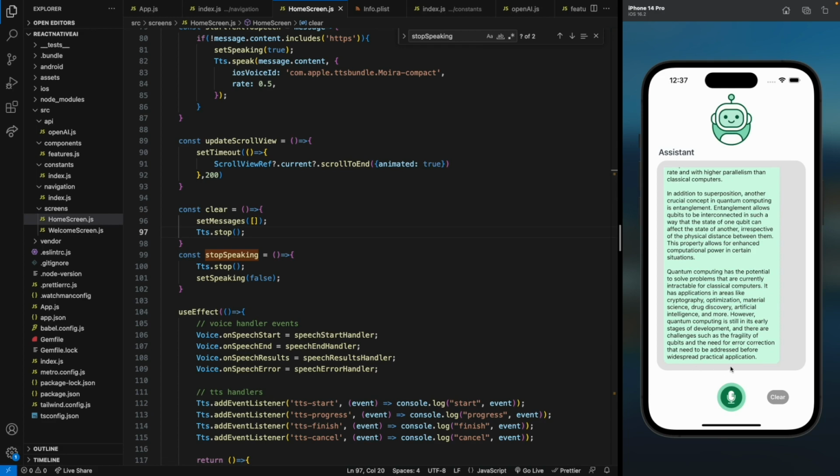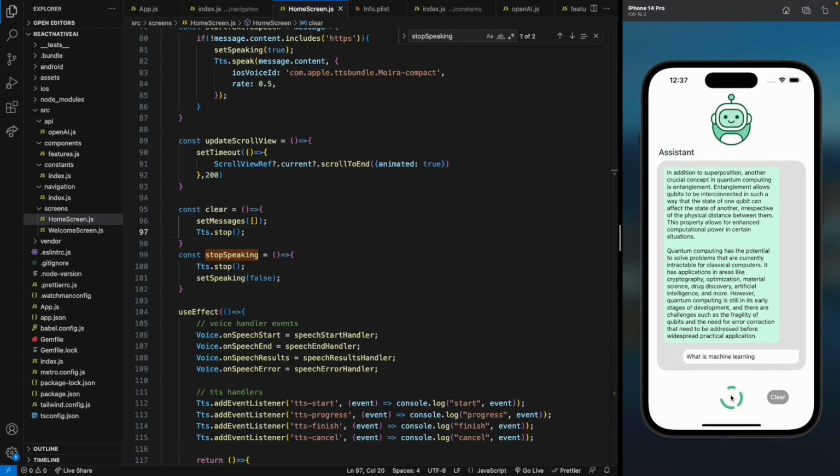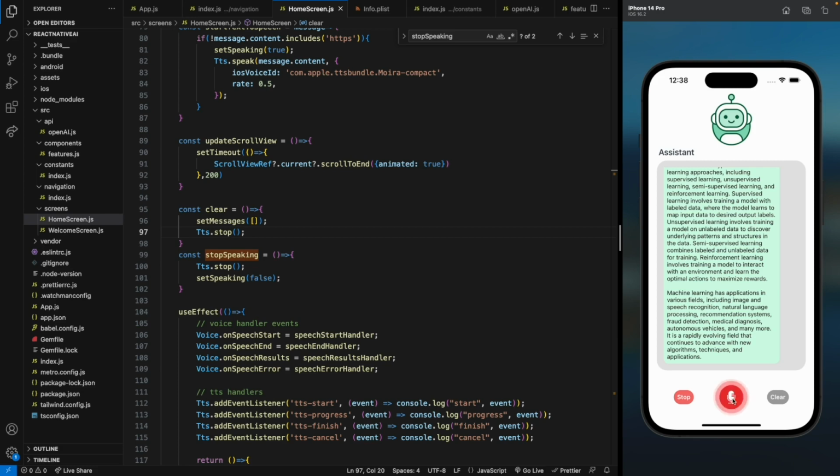So let's try this again. What is machine learning? Machine learning is a subfield of artificial intelligence that focuses on developing algorithms and techniques that enable computers to learn from and make predictions or